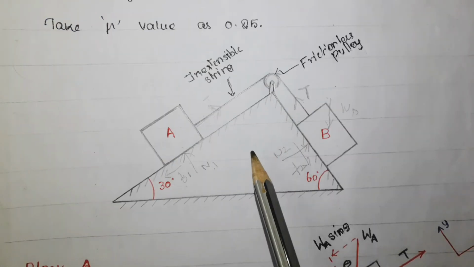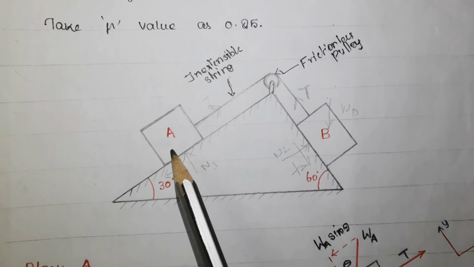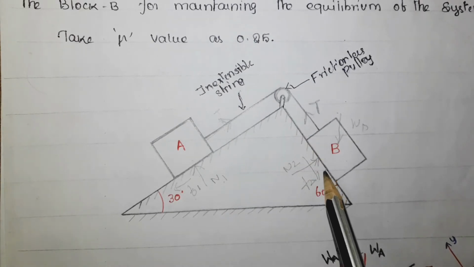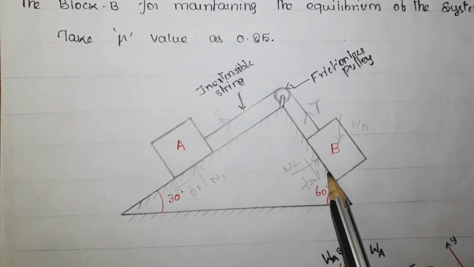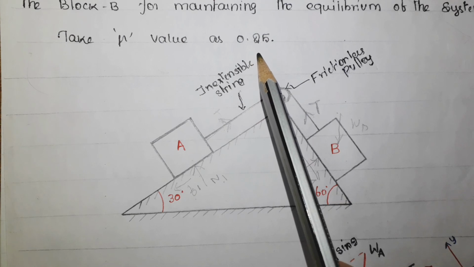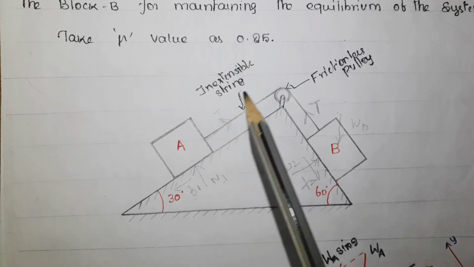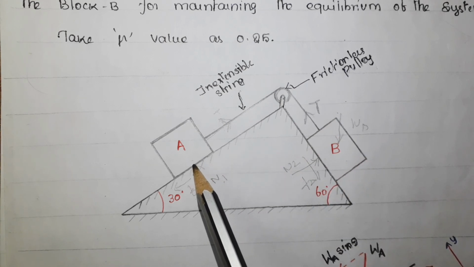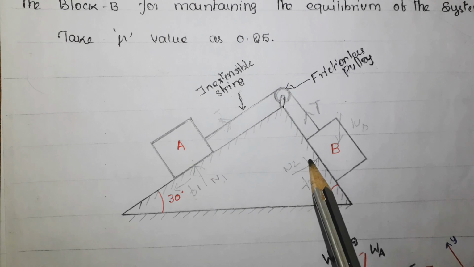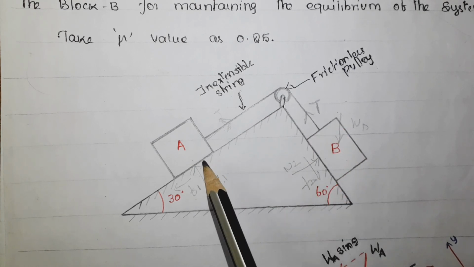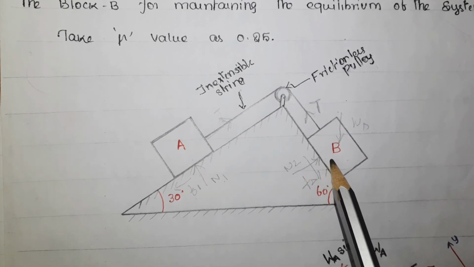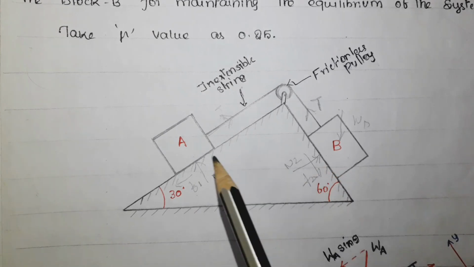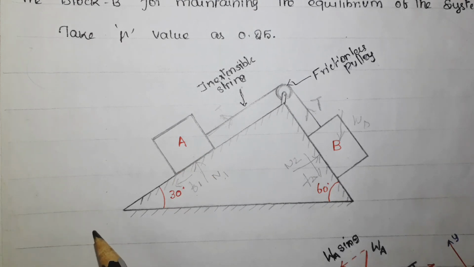Now let us check this problem. This weight is given as 1000 Newton. It is given in the problem. And it is resting on the surfaces. All the surfaces have friction, because the coefficient of friction value 0.25 is given. Now we have found the minimum weight of this block to keep this one in equilibrium. So the minimum weight needed to balance this block A is 723 Newton. If the value is less than that, let me take 720 Newton, then this block will go down. So that is the important thing.